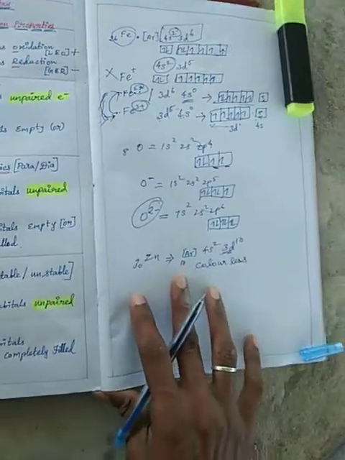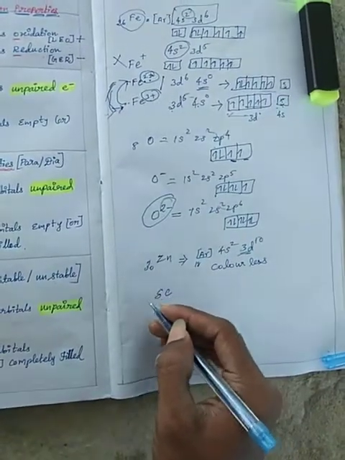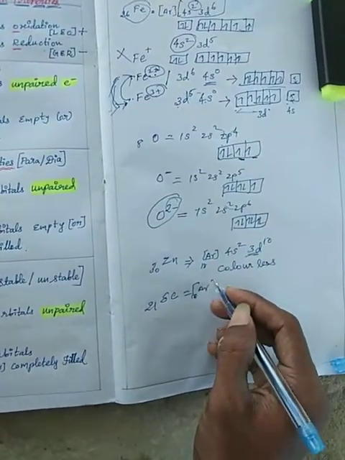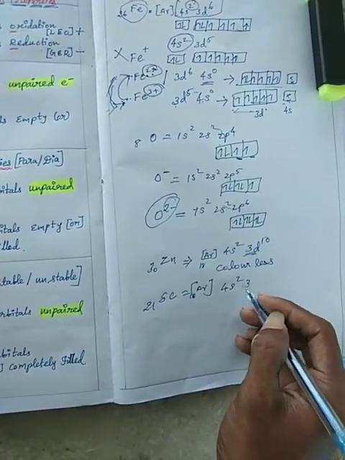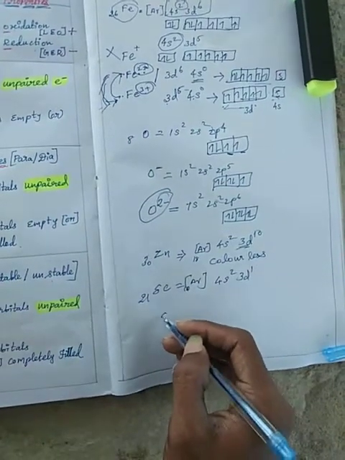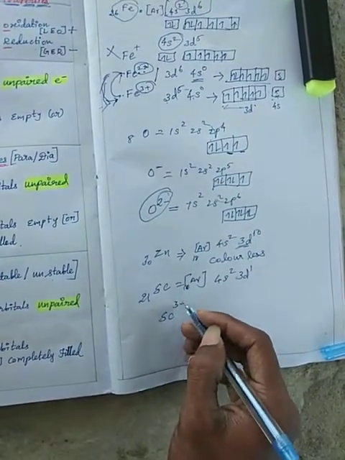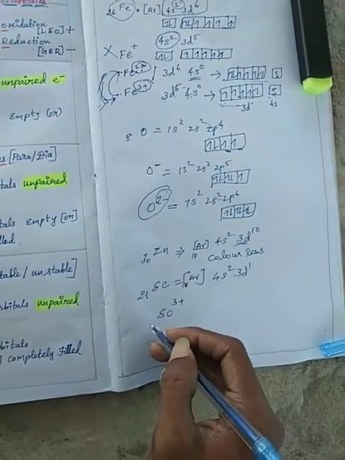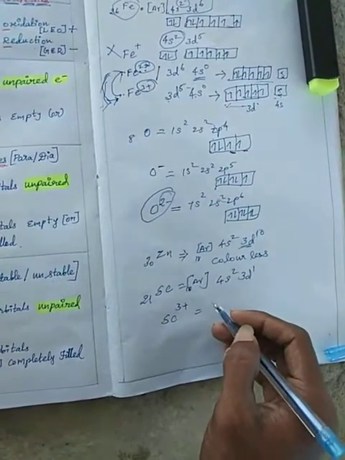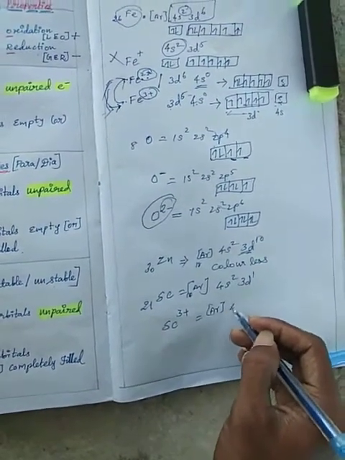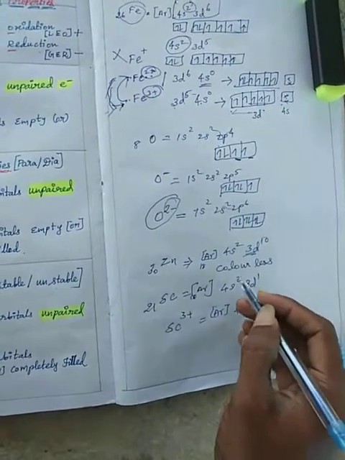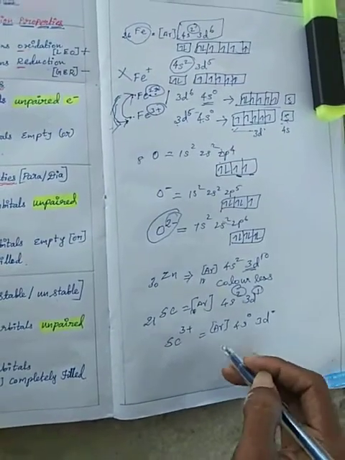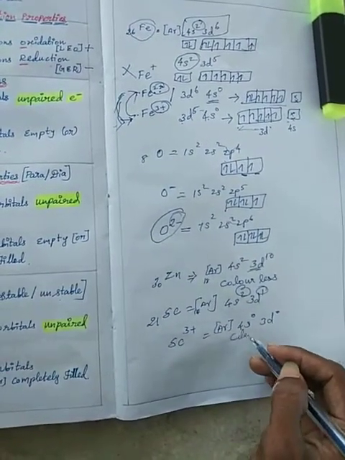Another possible example will be scandium, atomic number 21, argon 18, 4s2 3d1. 3 electrons will be lost. Mention the charges; do not write the atomic number. That electronic configuration is argon 18, 4s0 3d0, so 3 electrons will be lost. So the outermost subshell orbitals are empty. So scandium 3 plus is colorless,